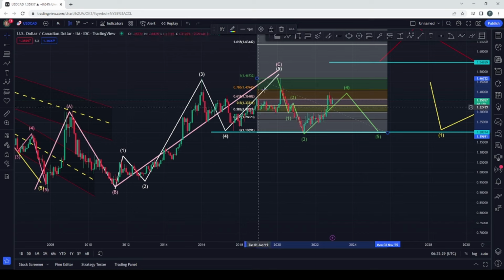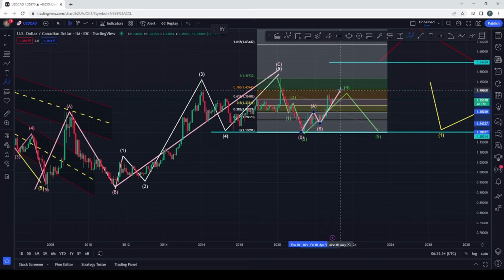So just to go further, since we're on the fourth wave, this is the fourth wave down here. Our aim is to short the market at the end of this ABC pattern. Already I could see this is A, B, C. But if I go down to the lower time frame to see the fractals properly,